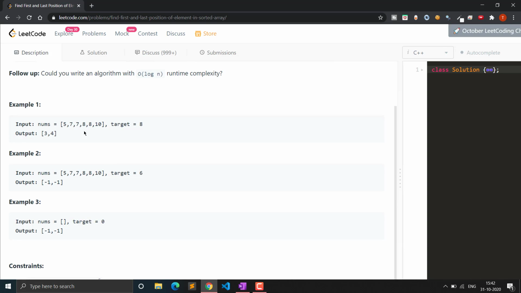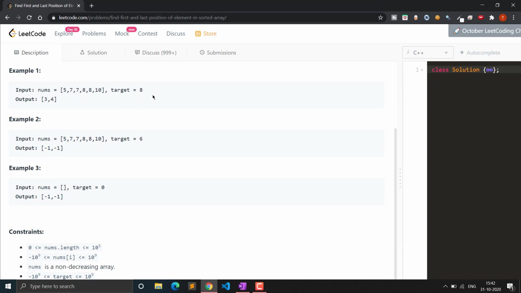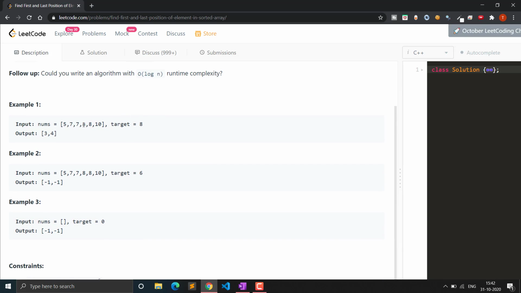This is the example that we are given, and you can see the sorted array 5, 7, 7, 8, 8 and 10, and the target is 8. So we have to find the starting position and the ending position of the 8. You can see 8 occurs at the third index and the fourth index if you count using zero based indexing. Otherwise, if the target given is 6, 6 is not present in the array, so we will have to return -1 and -1.